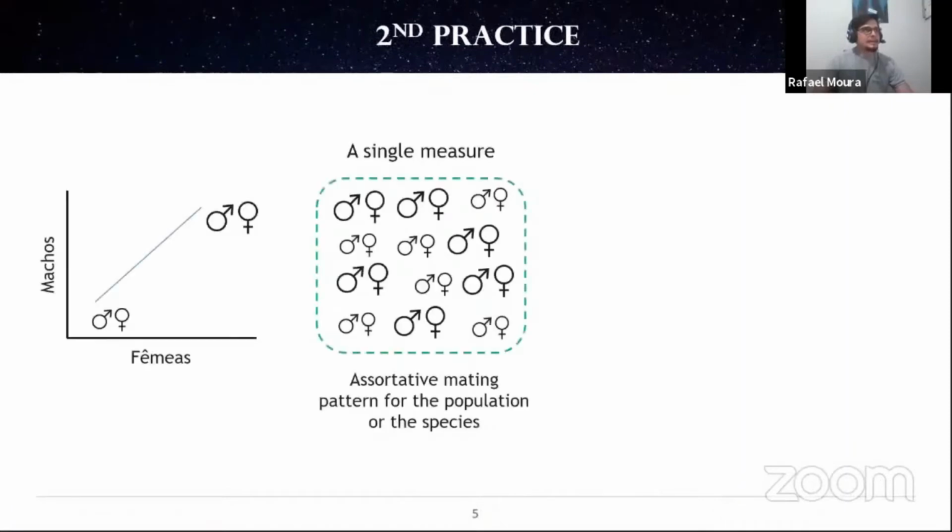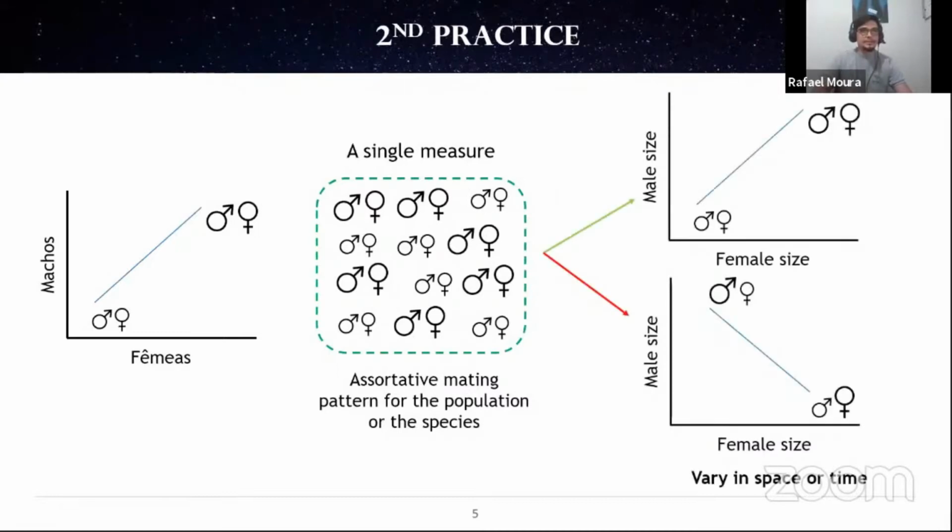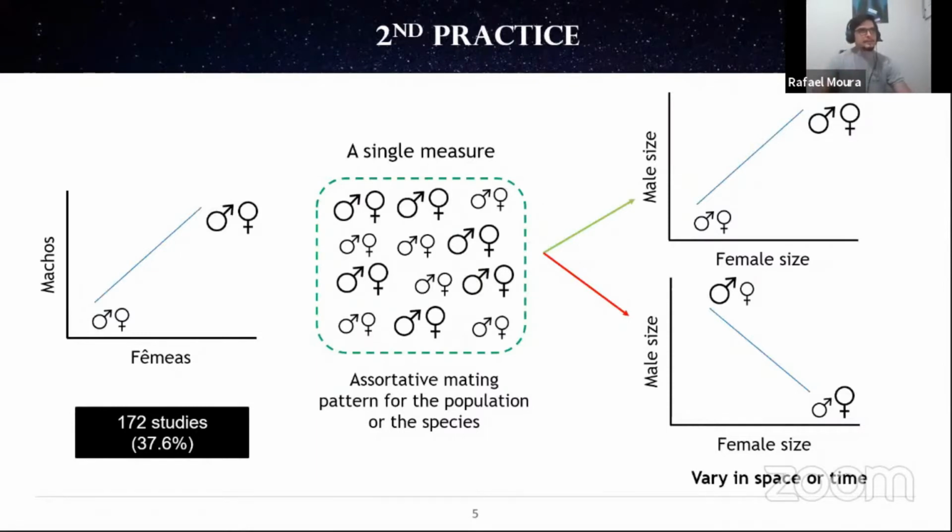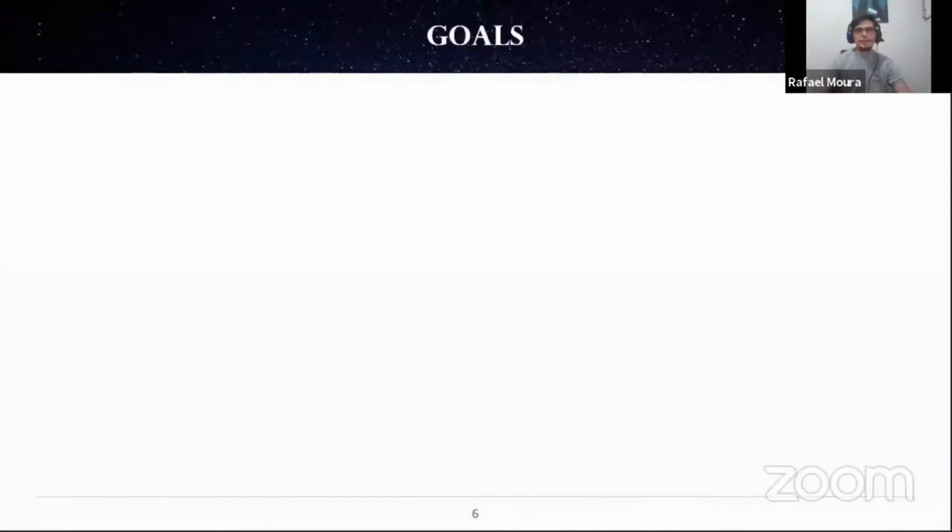A second practice is to draw broad conclusions for the whole population or even the whole species based on a single measure of assortative mating. This can be very problematic, especially if assortative mating varies in space and time. So in this example, you can see that there is a positive assortative mating, but in another moment or in another population, you can obtain a different pattern. We found almost 38% of the studies in this database perform this kind of practice and draw broad conclusions using single measures. So our goal was